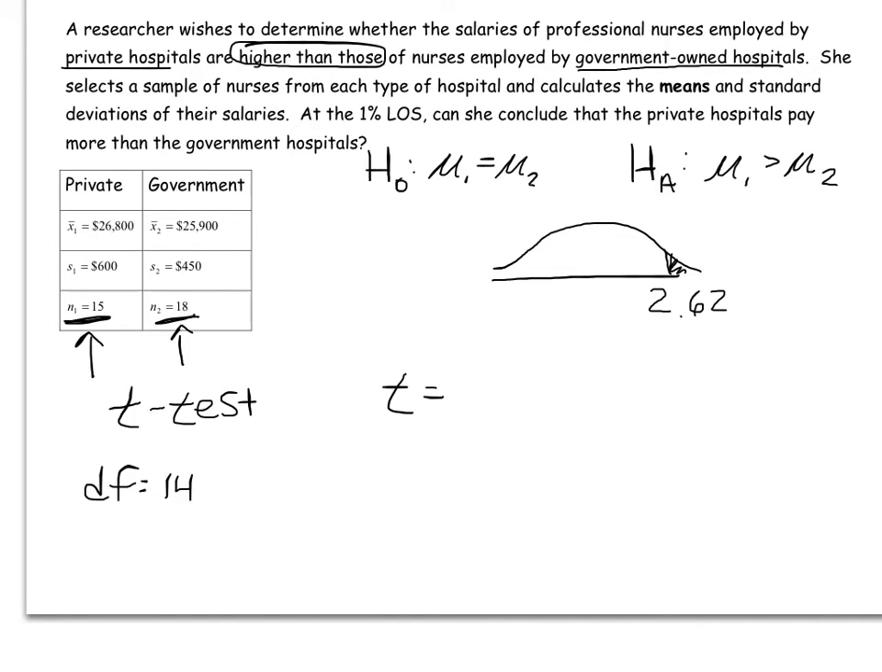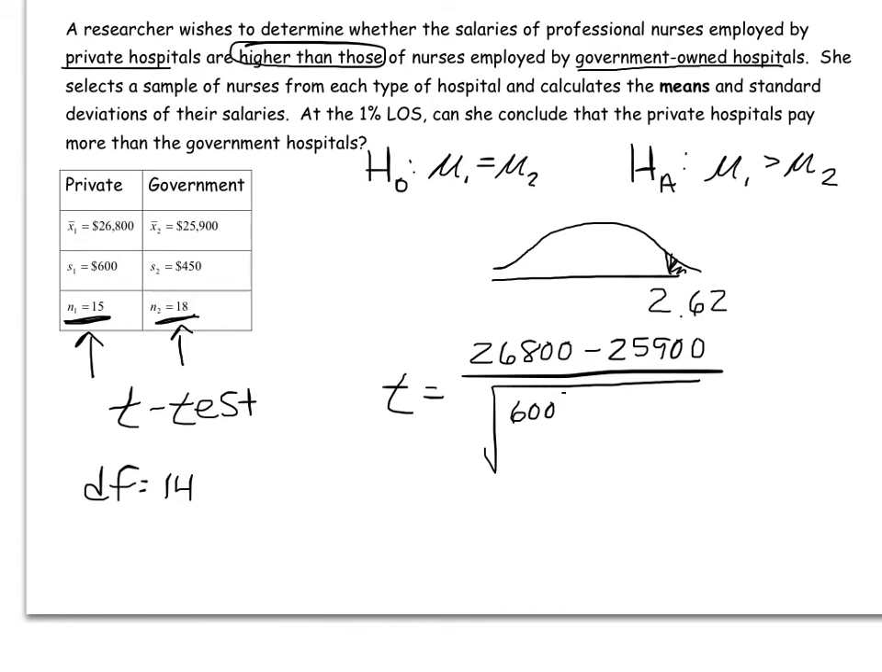I find my test statistic. I find the difference between the two salaries, the two average salaries. All that divided by the standard error, which in this case is 600 squared over 15 plus 450 squared over 18, and that's going to give me a very large test statistic of positive 4.79, so very far above the